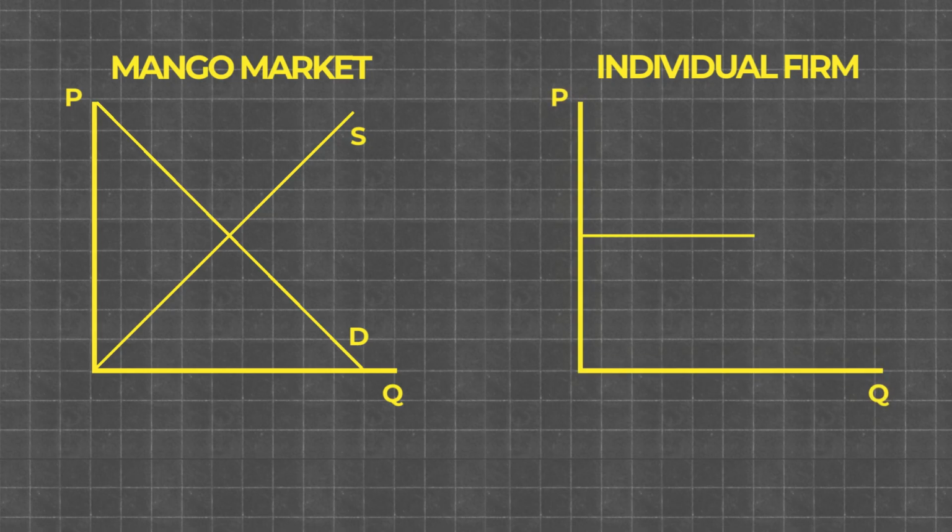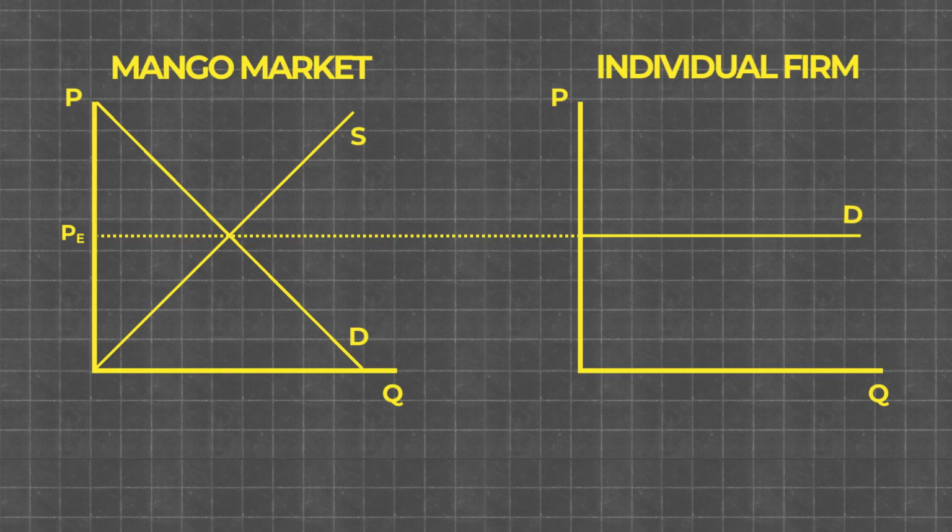Here's why. Remember that you have no control over the price. In a perfectly competitive market, there are many other mango farmers that sell the same exact mangoes you do. If you raise your price even a little, all your customers will buy from other farmers, and your demand will drop to zero. And hopefully you remember that when a change in price drops the quantity demanded to zero, we call this perfectly elastic, and the demand curve is a horizontal line at the level of the price.